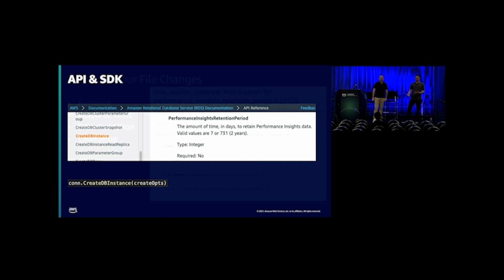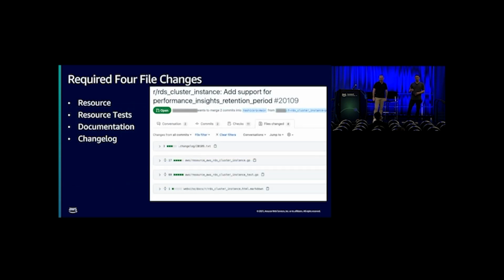So in this change, just to review, there are 4 files that we're going to look at that were actually changed. The first is the resource file. I want you to look and see that resources are located in the repository root under the AWS directory. So AWS / then the resource name. That's where you can find all the resources, all the data sources for the provider. We're going to take a look at that file in just a minute. Next are the tests. The resource tests are always named the resource _ test. Next, we have the documentation.